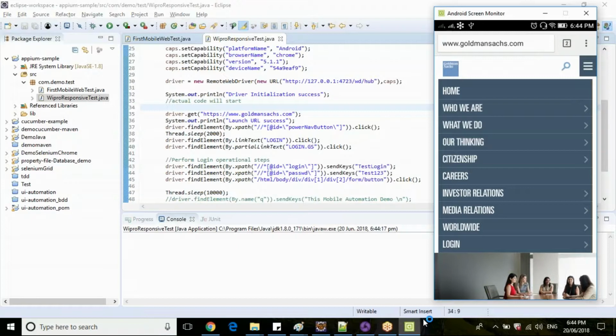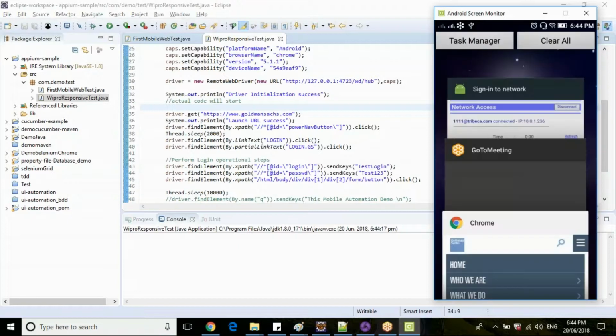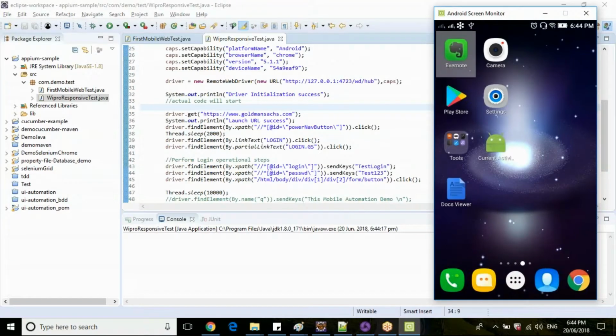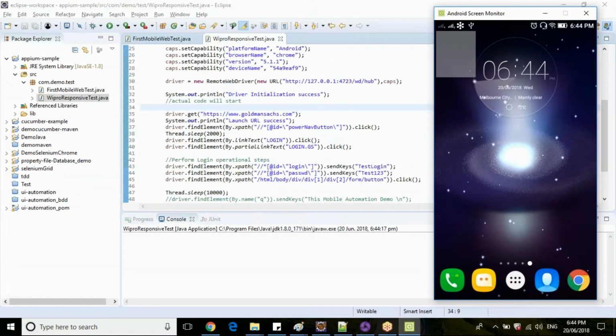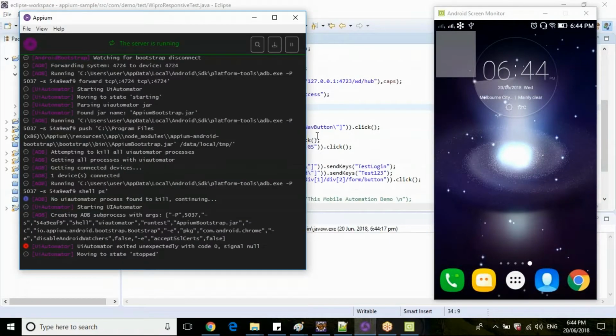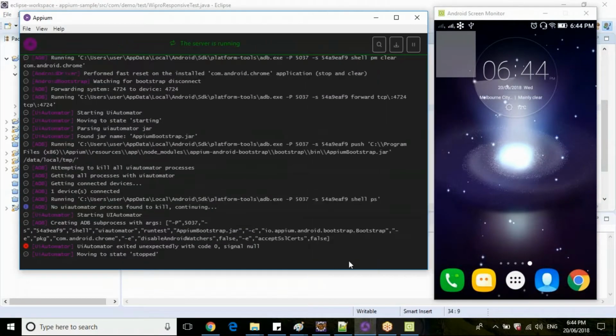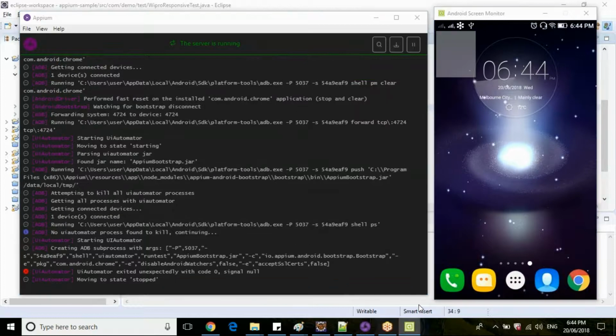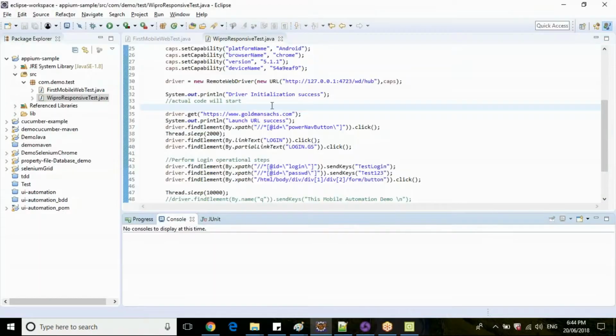Before that, let me close the Chrome browser. Now the execution has started. You can see the logs in the Appium server. It says UI automator has stopped. Okay, so let's stop the program and re-execute this again.